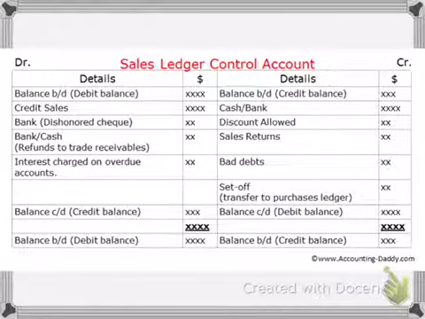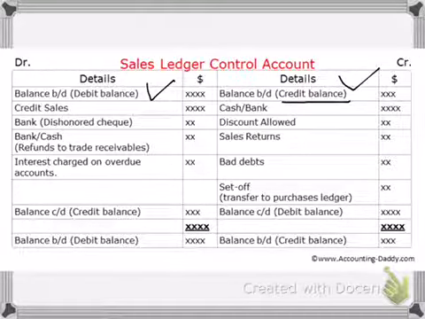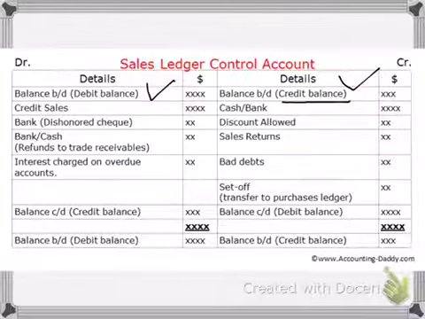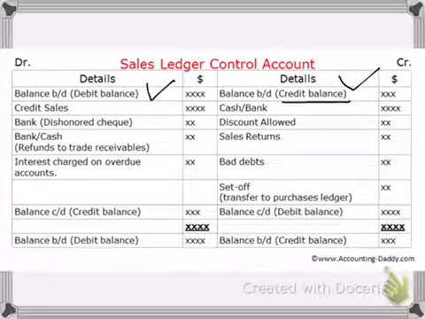All right, so you can see the balance brought down is on the debit side. Why? Because this is made for trade receivables, and trade receivables are obviously an asset for us, so the balance brought down is on the debit side. You can see that there is a balance on the credit side as well. Now, why do we have a credit balance in a customer's T account? So basically a customer owes us money, right? So the money is basically owed to us, so it becomes an asset for us. Then how can we have a credit balance in a customer's T account? The answer to that is